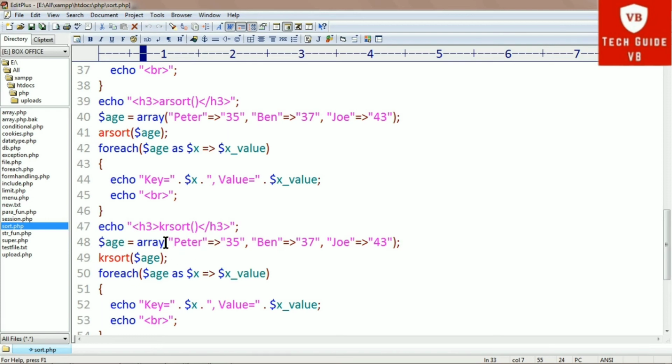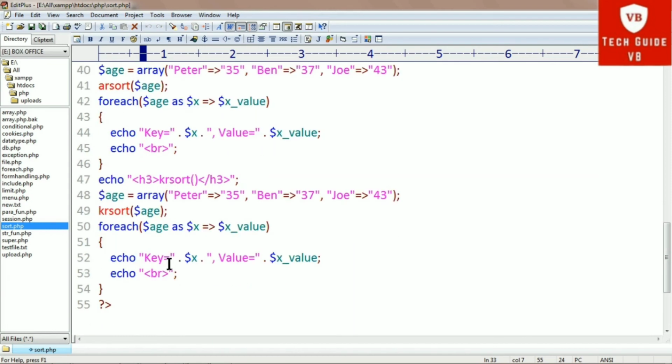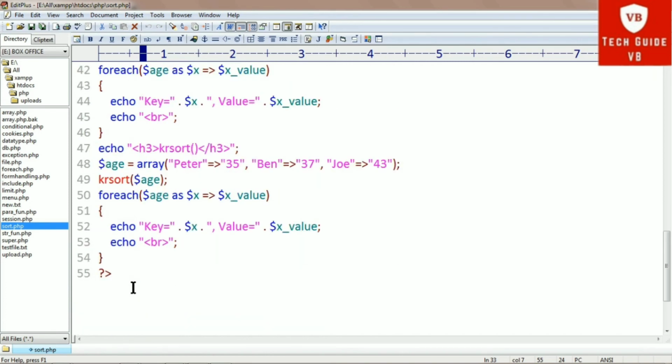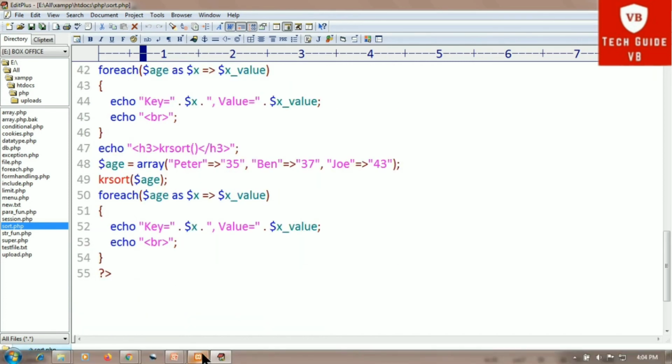The krsort is the function which sorts this associative array in descending order according to key. So the code is here where we have used the foreach loop for each operation. Okay, this is the code.